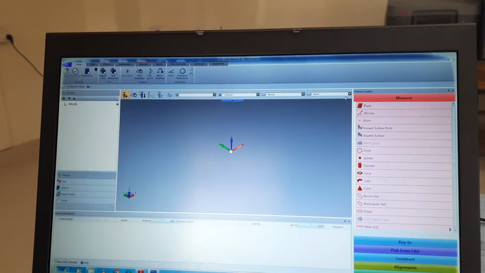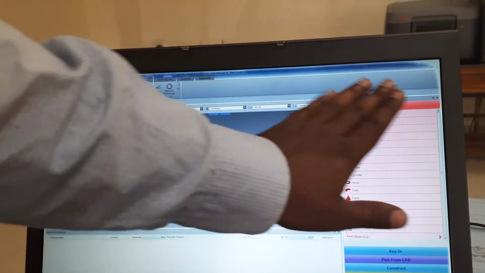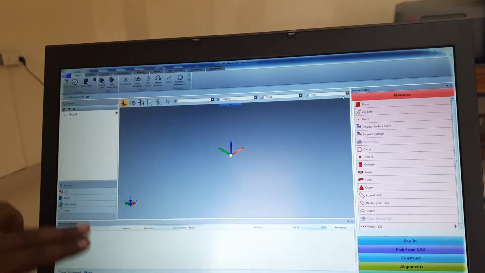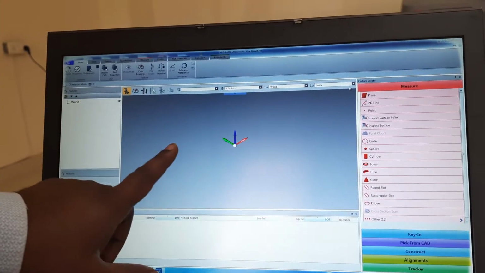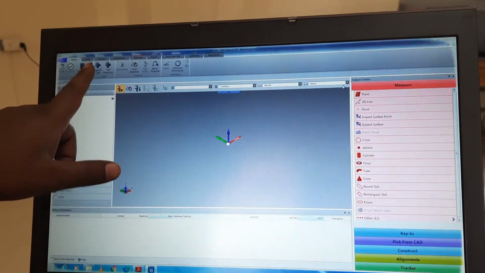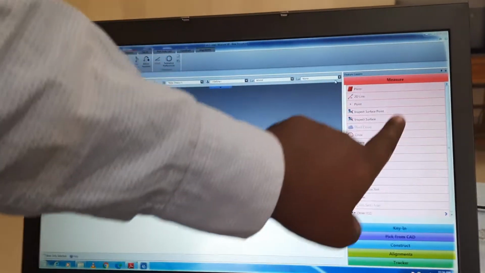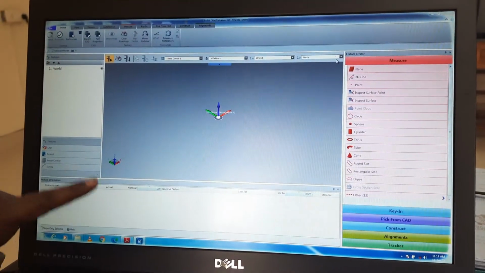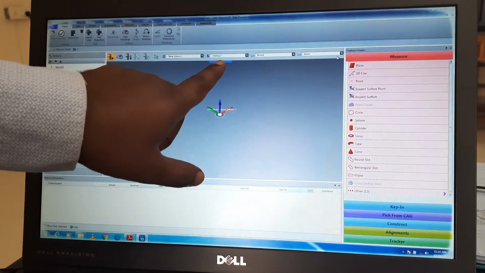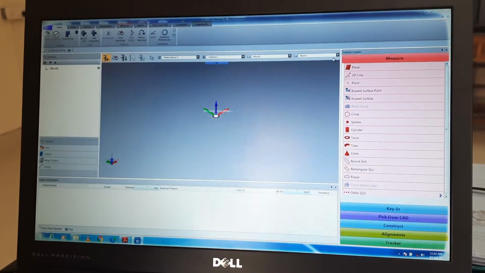Here we can see different types of sections: first, second, third, fourth, fifth, sixth, and this one is seventh. Here there are 7 sections.